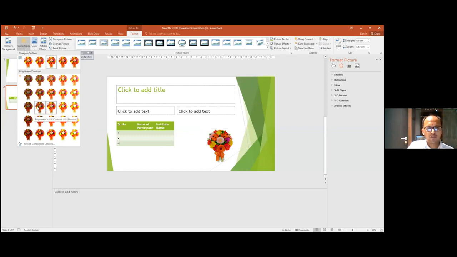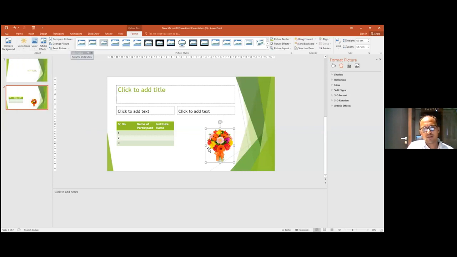So you can have different types of brightness options over here. You can change the brightness, you can change the color, and many more things by adjusting the brightness and the contrast in this section. So this is how you can add the image in your PowerPoint presentation. You can change the dimensions of your image.